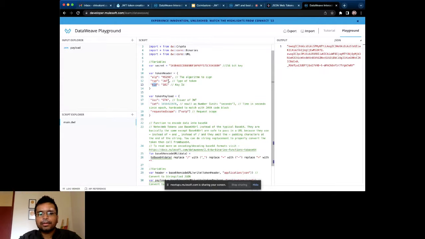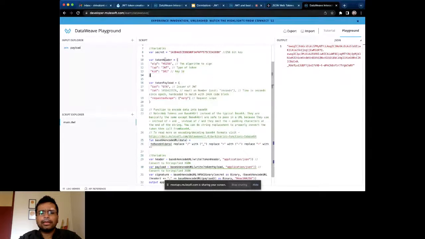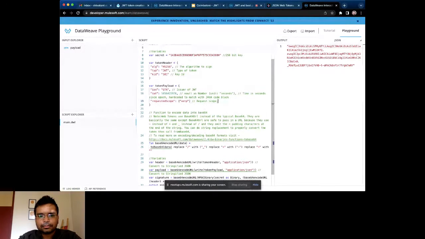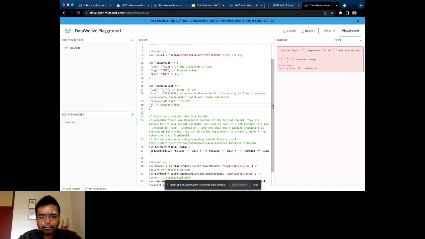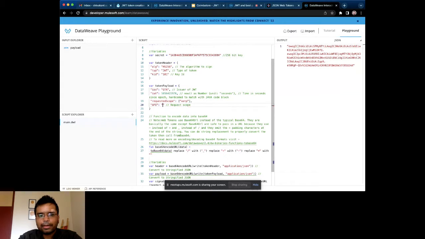Now I've kept it very simple. The token header is a simple JSON which is written here. Then there is a token payload, and you can add anything to it. Let's try to add something; I'll say API, and my API will be